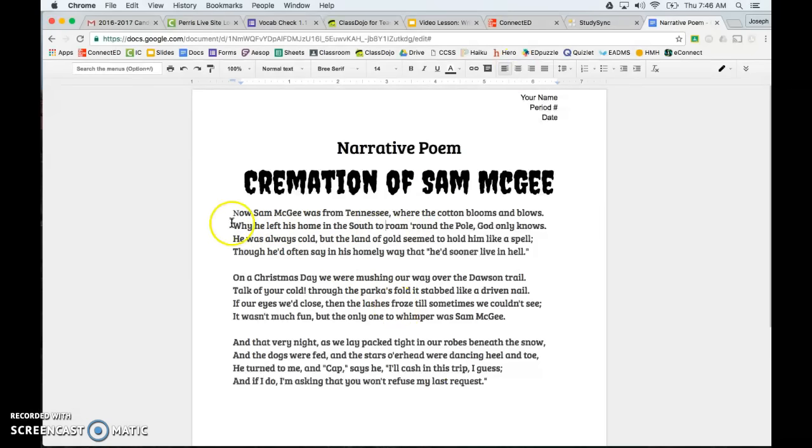And your poem needs to be at least 3 stanzas long, which is 12 lines. The lines don't have to be this long, but it does have to be 3 stanzas long. This should be the beginning, this should be the middle, and this should be the ending of your poem. This is just the first 3 stanzas from The Cremation of Sam McGee, which is a lot longer than 3 stanzas. I just wanted to show you what it should look like when you turn it in. No outline, no bullet points. That was just for you to get to know your story before you turn it into a poem.